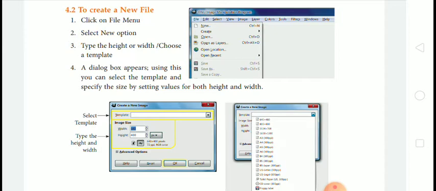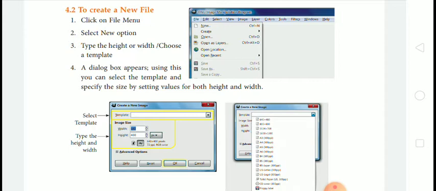So first of all, to create a new file, the first step is to click on the File menu. As you can see in the image, in the File menu, select the New option. First of all, go to the File menu and then select the New option.